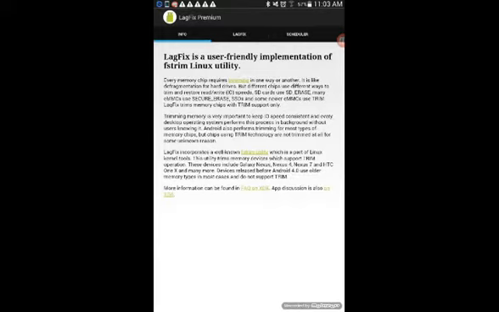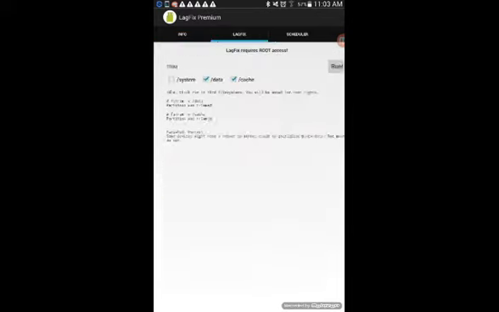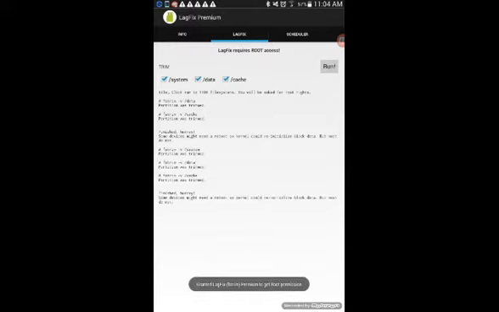When you open LagFix Premium, first, LagFix is a user-friendly implementation of the FSTRIM Linux utility. It comes, and then the second option, LagFix. There, in the options of system, data, or cache, you can select anything. I will be selecting all three and start run and finish. Hooray! Some devices might need a reboot so the kernel could reinitialize blocked data, but most do not. My device doesn't require a reboot.